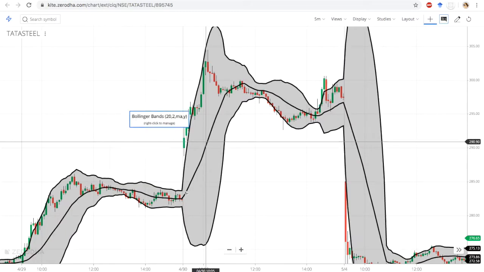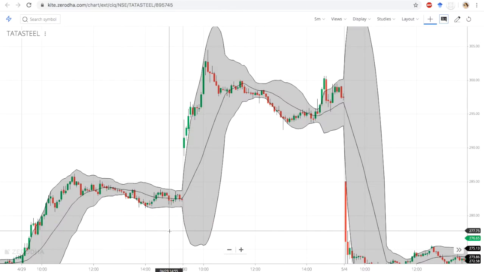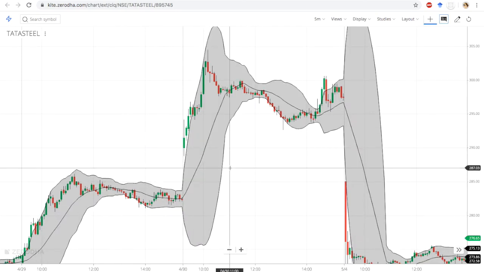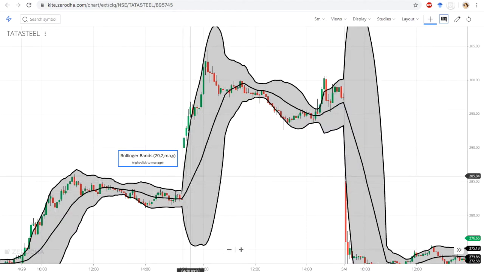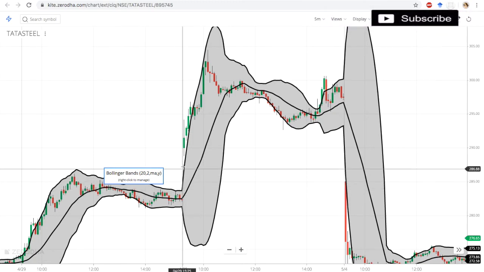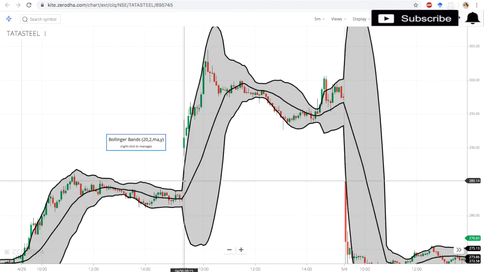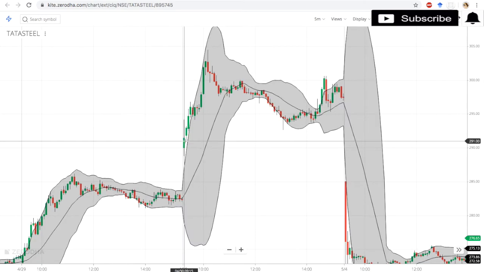So in this case our normal approach, selling at the upper Bollinger Band and buying at the lower Bollinger Band, will fail. It works very well in a sideways market. When we have strong momentum in a stock, meaning there is an expansion in the Bollinger Band, then you have to look for a buying opportunity when the price closes above your upper Bollinger Band.